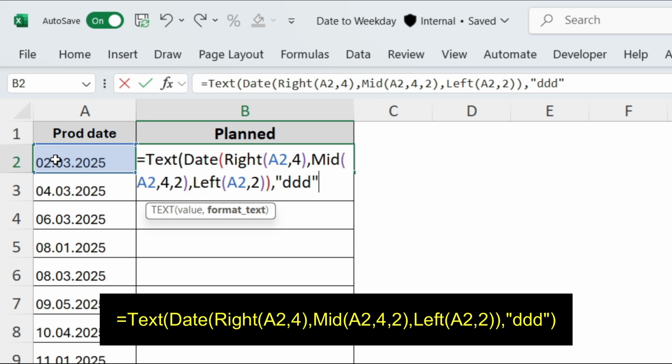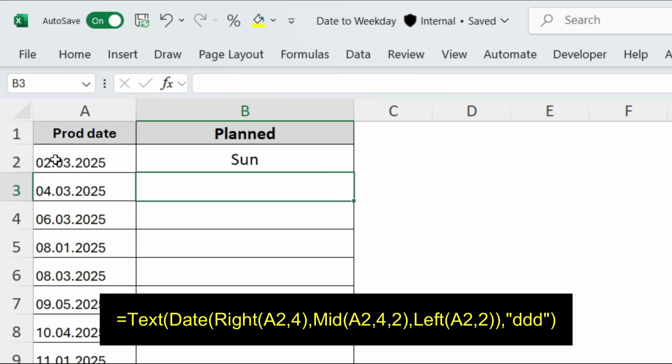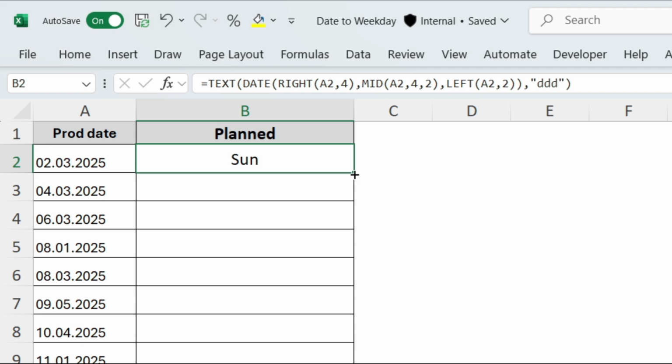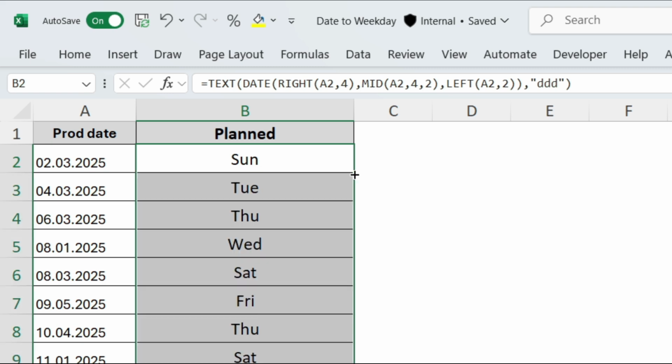get the weekday name, closing parenthesis for the TEXT function and press enter, and you will see the weekday for the date in cell A2. Drag the formula for the remaining cells and you will get the corresponding weekday name for each